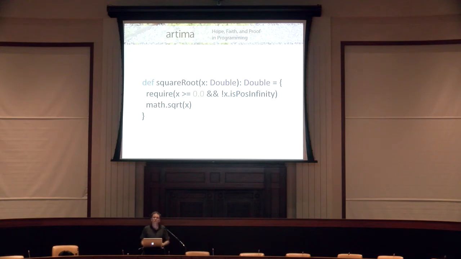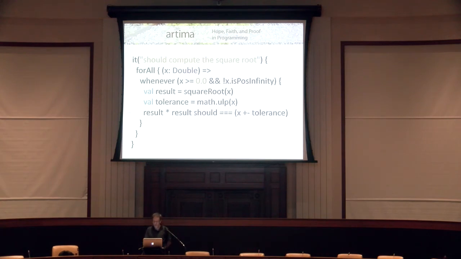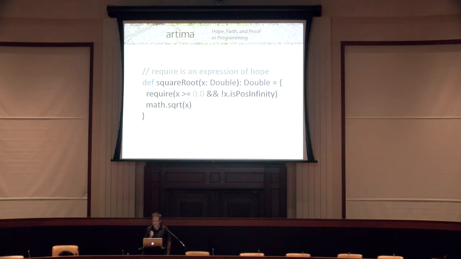So I think require is good to do if something can go wrong like that. It's better to actually check it and fail fast, because when that thing actually is false, it means that the program detected a bug in itself. And so if the program detects a bug in itself, it can't proceed, and you really want to get out of there fast so you don't do more damage than maybe has already been done, right? So I think that's a good thing, but I think it's an expression of hope.